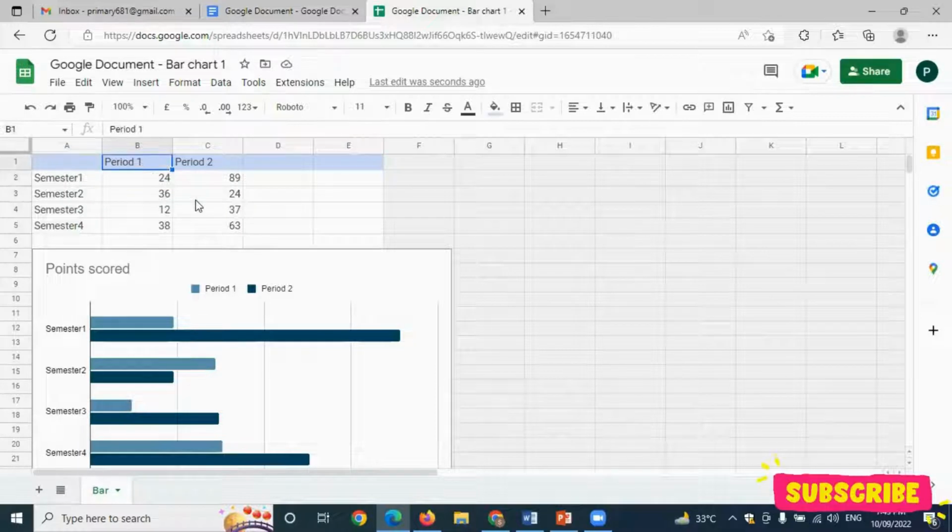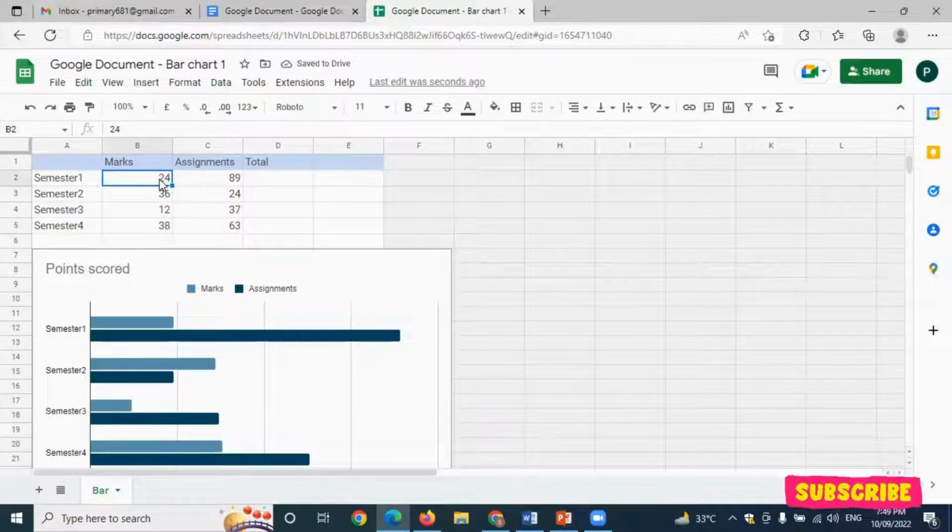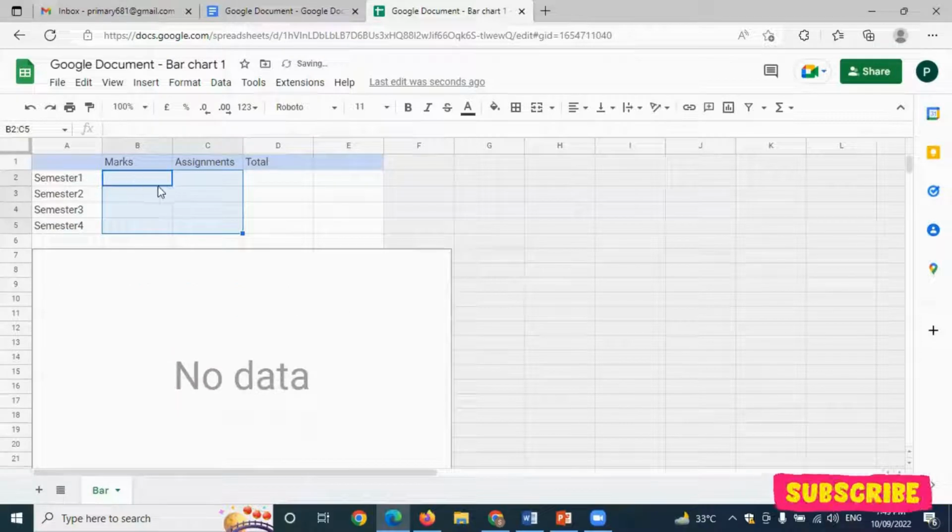Okay, this is going to be like marks, assignments, and there is another column that I want as total. Okay. So, and then I'll change this data also. I'll remove this one because my data is from 50. So I would say